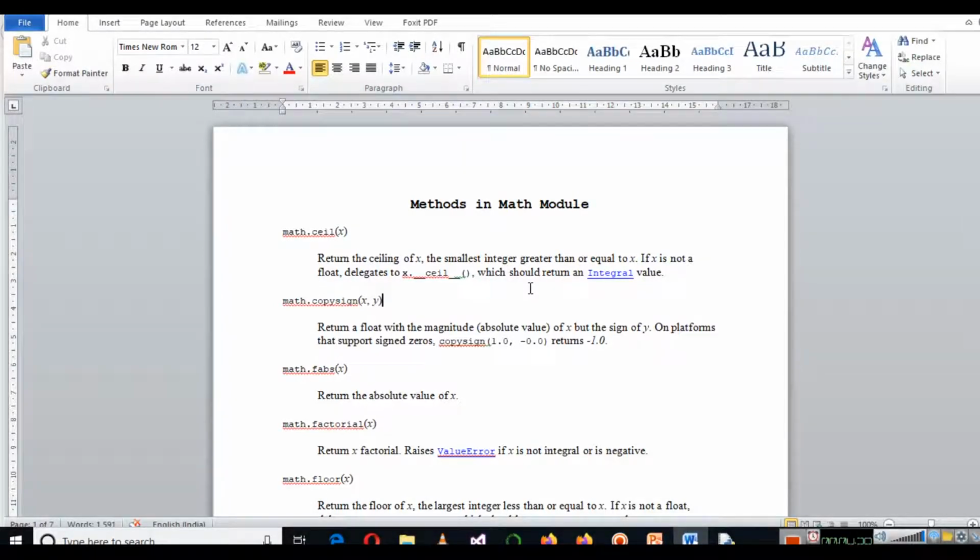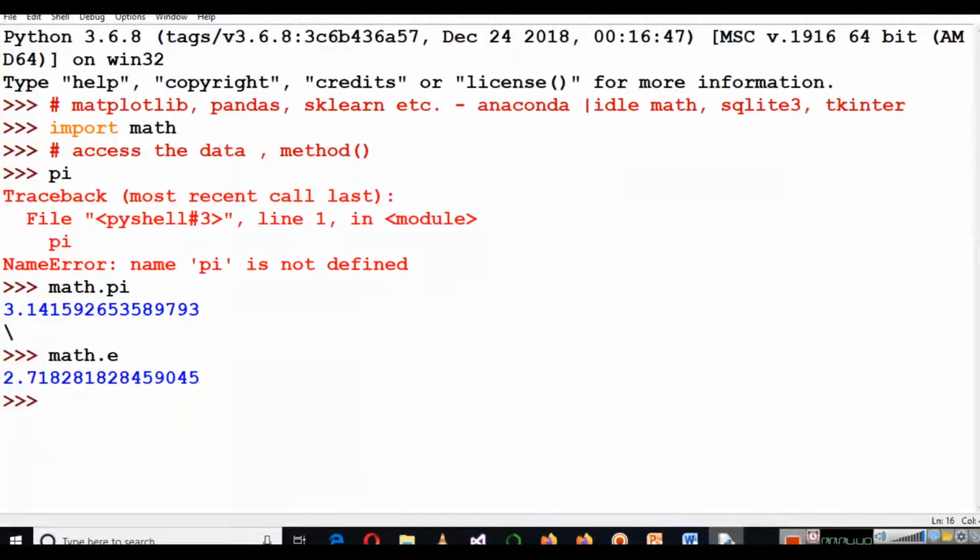The first method that we are going to discuss is the ceil method, and it returns the ceiling of x. For example, if I write math.ceil and I write 4.6 here, 4.6 is a float value, and you will see ceil gives output with the next integer value.